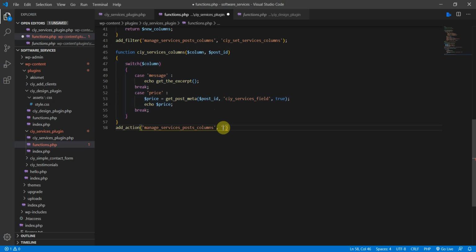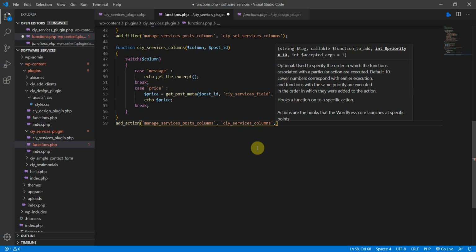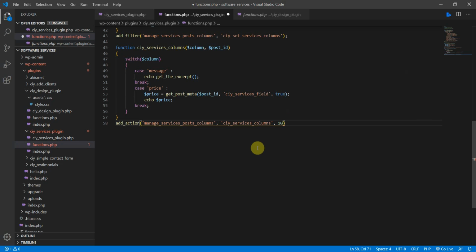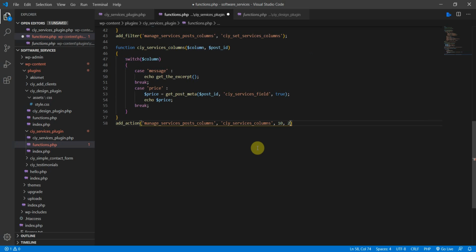Right, so now, yes, CIY services columns, and then we're also going to take in the priority, where to display it, and also how many arguments this one takes in. You can see it takes in 2 arguments, so we're going to add that it takes in 2 arguments, otherwise we will get an error. Right, semicolon at the end. All right, let's refresh,